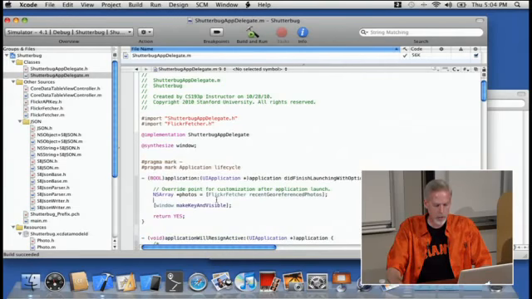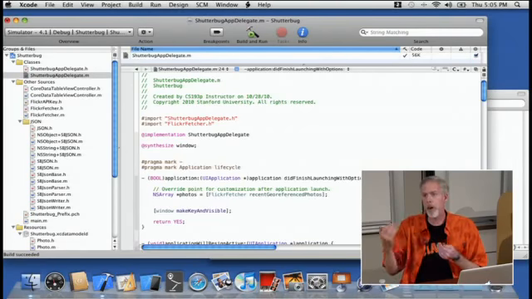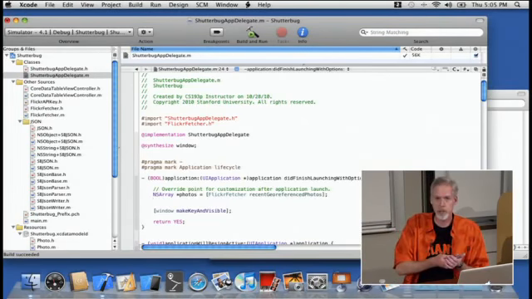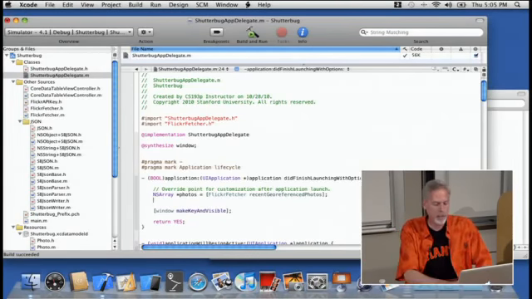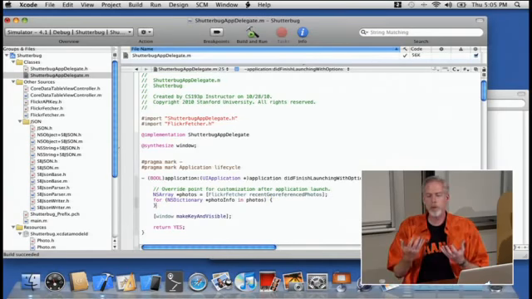All right, so now I have the photos. So I'm just going to iterate. Remember, this is an NSArray of NSDictionaries, just like the places thing was. This happens to be an array of photos as opposed to an array of the places. But I'm going to enumerate through it. I'm going to say NSDictionary photoInfo in photos. Okay, so for each one of those dictionaries of photo information, I need to create a photo in